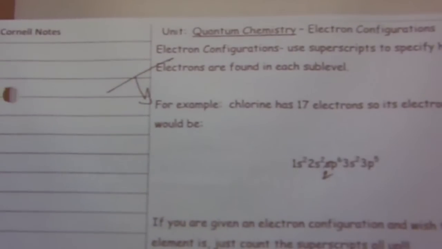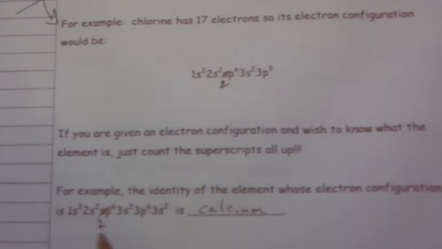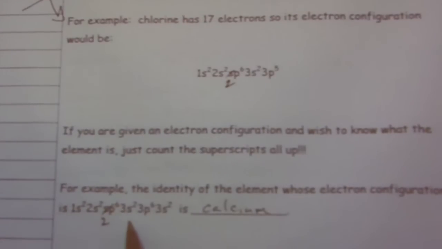Electron configurations use superscripts to denote how many electrons are found in each sublevel. For example, chlorine has 17 electrons, and so its electron configuration would be 1s2, 2s2, 2p6, 3s2, 3p5. If you're given an electron configuration and wish to know what the element is, just count the superscripts all up. So for example, if I have 1s2, 2s2, 2p6, 3s2, 3p6, 4s2, add those up, that comes out to 20